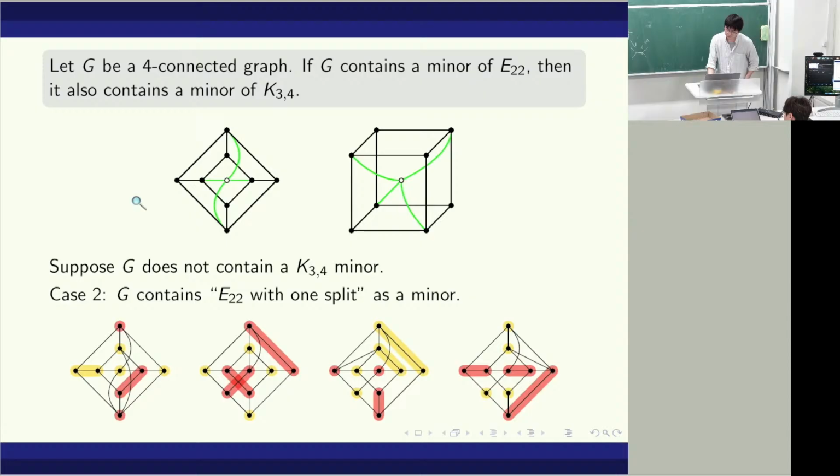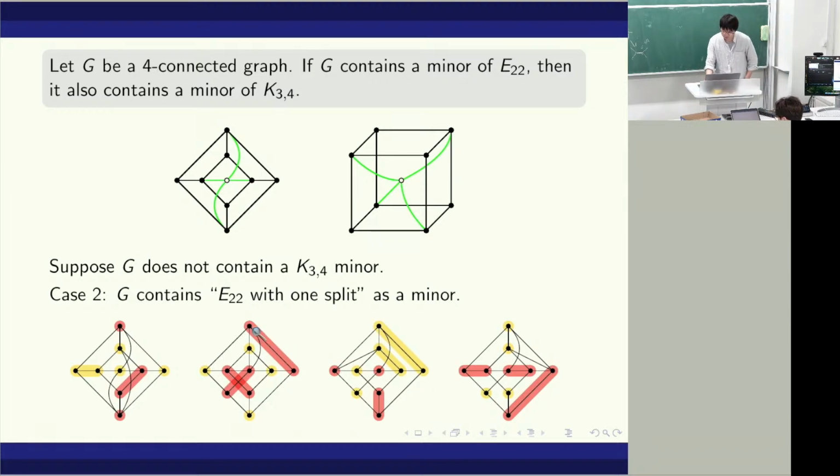The second case is E22 has exactly one split. It is handled in the same way. Actually, if it has exactly one split, then the split is unique up to symmetry. So you can see that in this graph, we split this, and we split this, we split this. Then